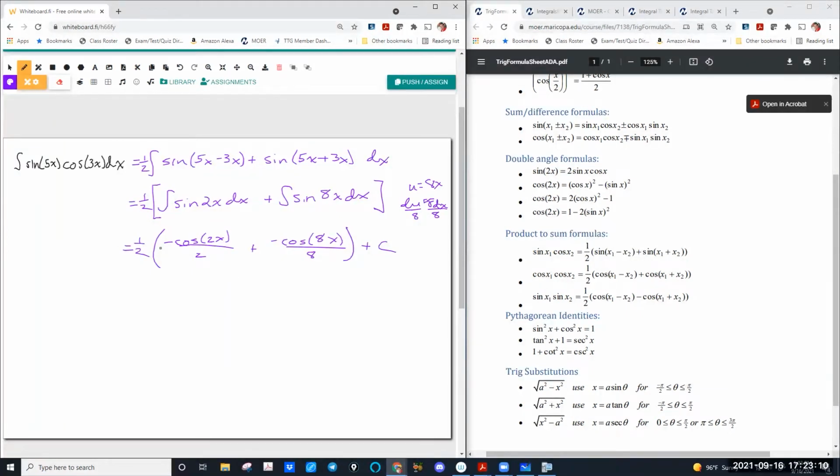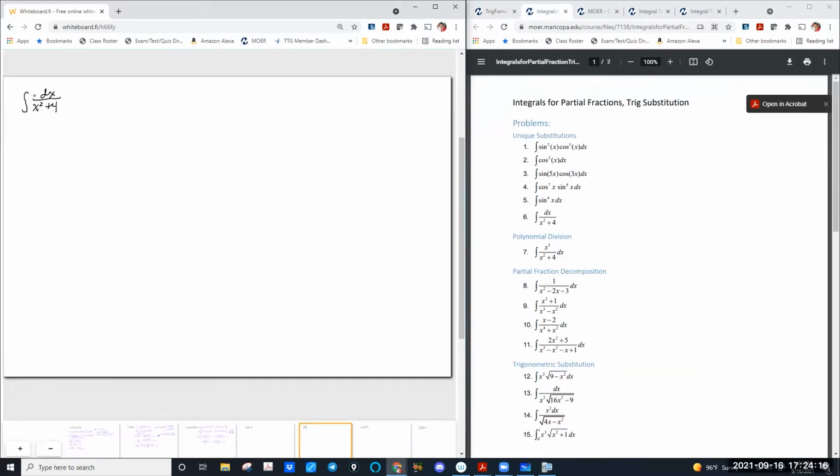Again, you can distribute the 1/2 if you want. We don't need a plus a negative. Right? This is negative cosine of 2x over 4 minus cosine of 8x over 16 plus c. You don't have to. Again, this was a correct answer. It is the antiderivative. Okay. Questions on this problem? All right, so